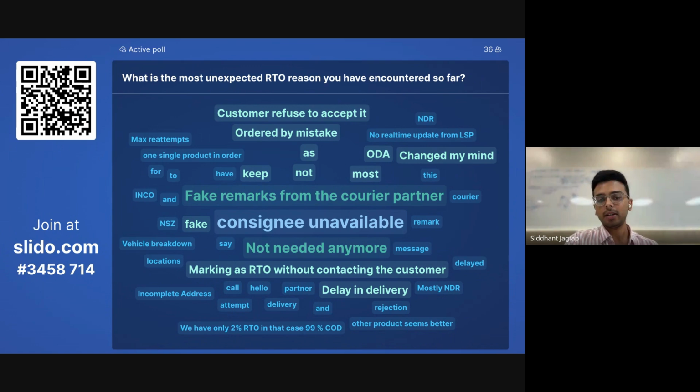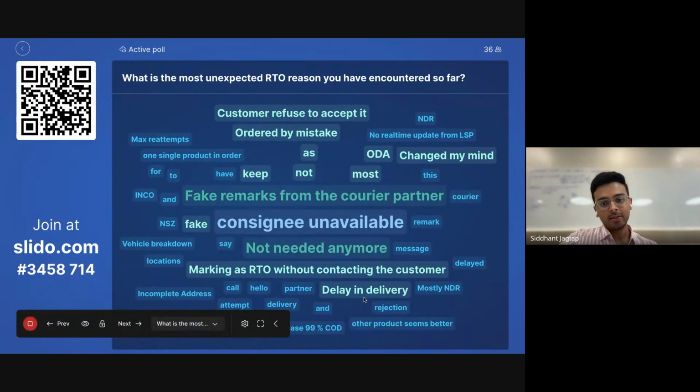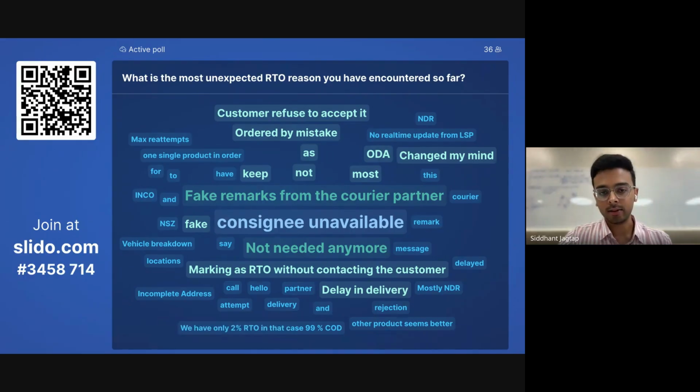Got it. Great. Interesting. I think that's a very good nuance, given the world is racing towards AI calling and whatnot. Thanks Yash for highlighting that. That was a good learning for us. Cool. Given we now have most of the reasons listed here, we can see that there are obviously some reasons which are very customer related, where the customer